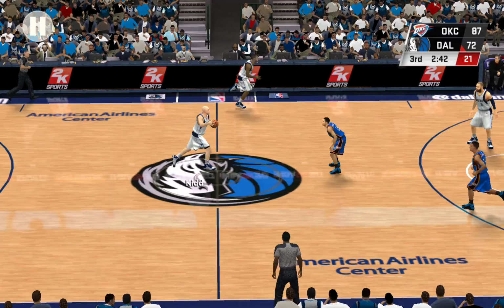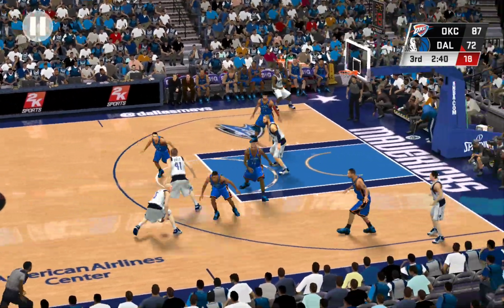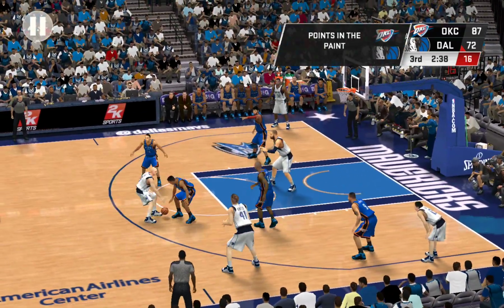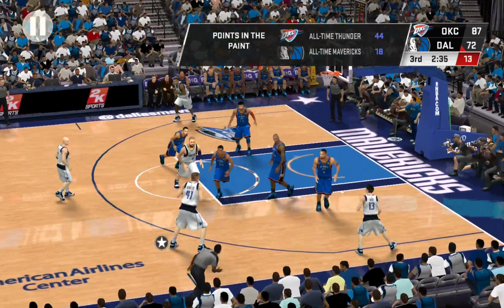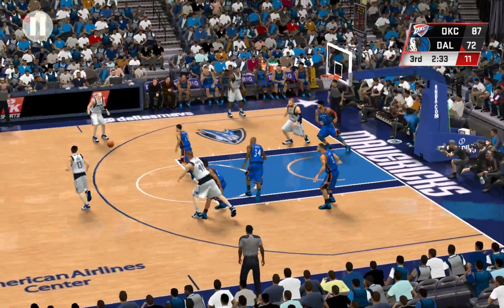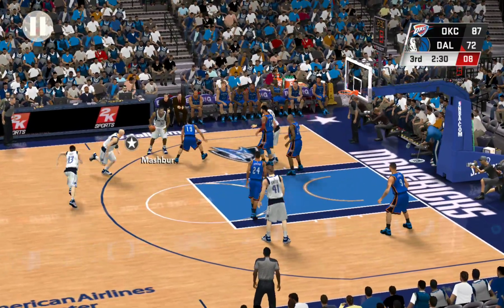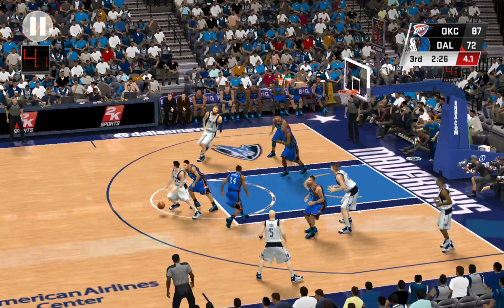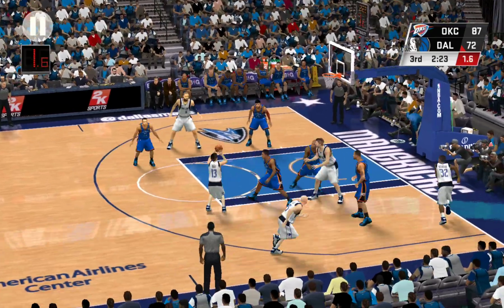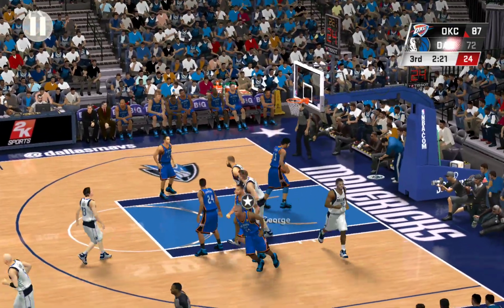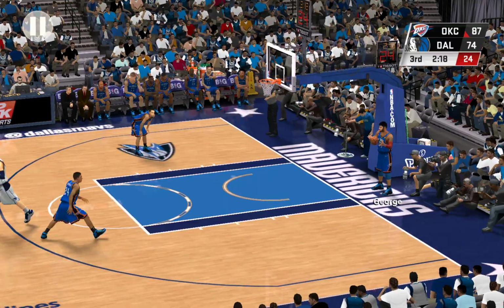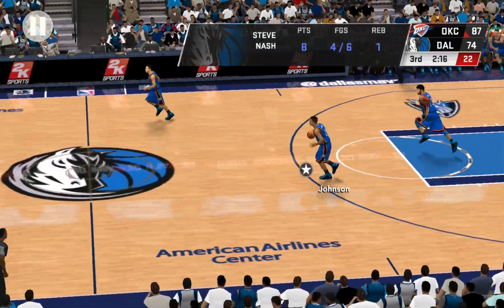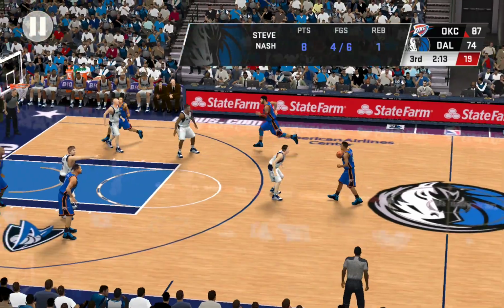This Mavericks squad struggling. Outside, Kidd. Pass to Chandler. Nowitzki outside. Kidd with it. Now Nash. Fires at the elbow. And another basket for Dallas. You know, he's knocking down his shots today, but it hasn't really translated to the scoreboard yet.